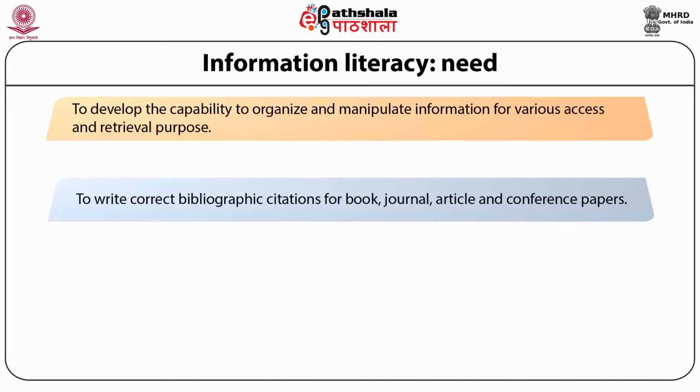To write correct bibliographic citations for a book, journal article, and conference paper: this particular part is very important for every user or scholar or faculty, as whatever we are writing or using from different sources, and the types of sources of information, has to be acknowledged in the text that we are producing. So how to write the different types of bibliography with the help of different citation styles is very important, and how to quote the works of different authors in your work and acknowledge the work that you are using is very important in order to get rid of plagiarism.